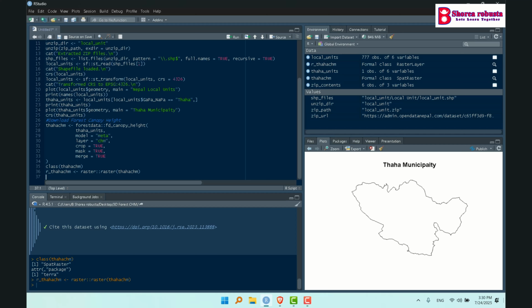And now we reproject this raster to match the CRS of the area of interest, that is the Tha shapefile, ensuring the spatial alignment. For this,